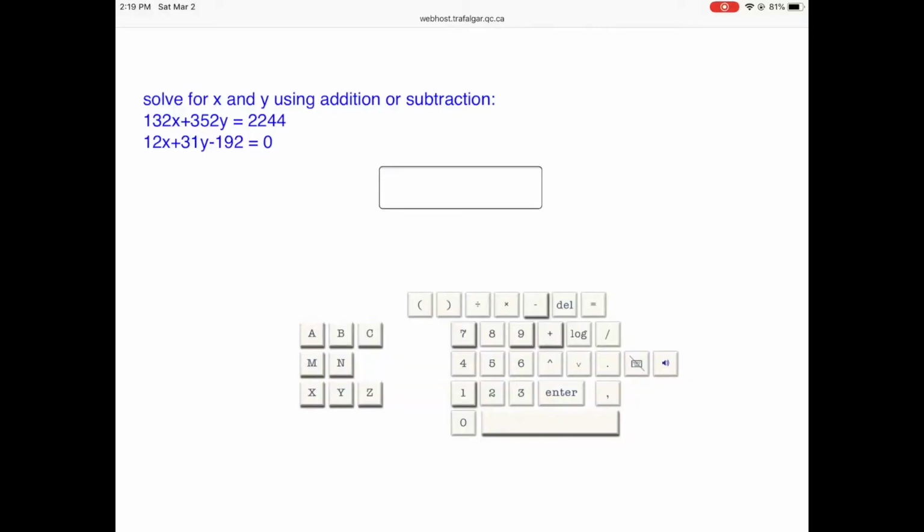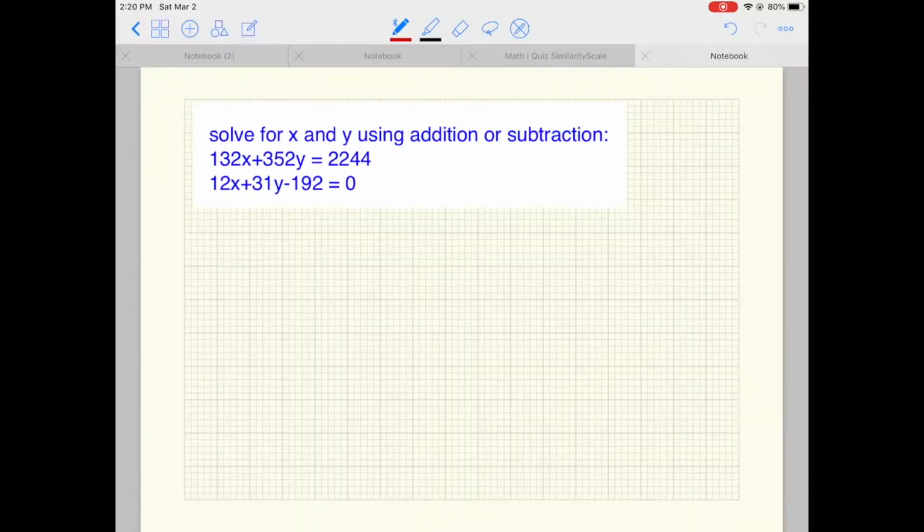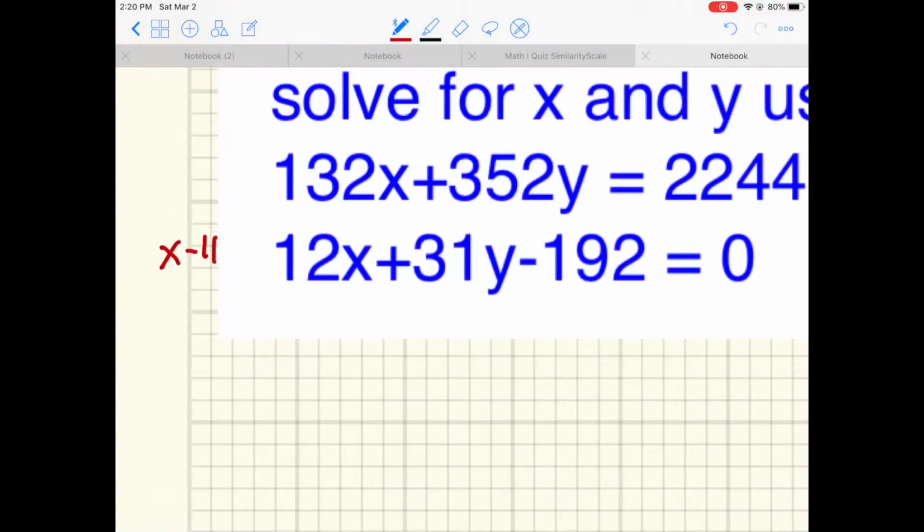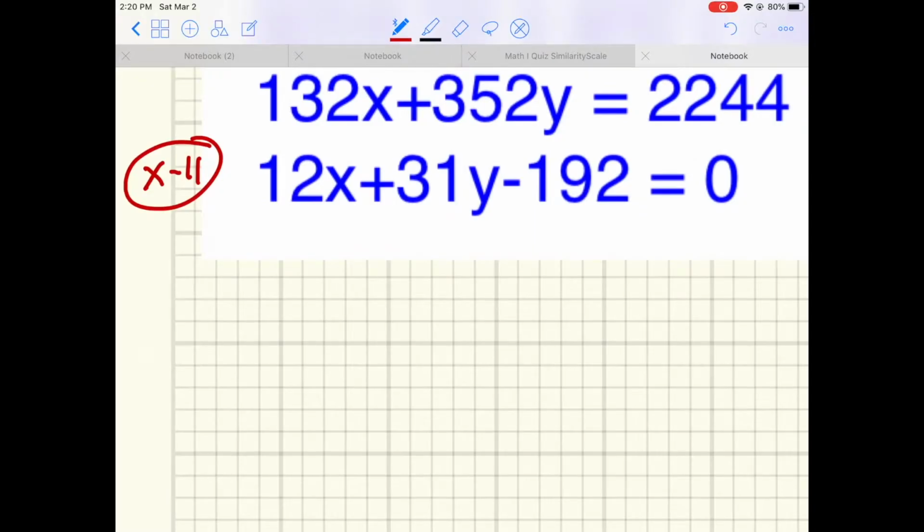Solve for x and y using addition or subtraction. I know that 12 goes into 132 11 times, so if I multiply the second equation by negative 11, I'm going to have the opposite coefficients for the first equation and the second equation. Times negative 11, and that's going to give me negative